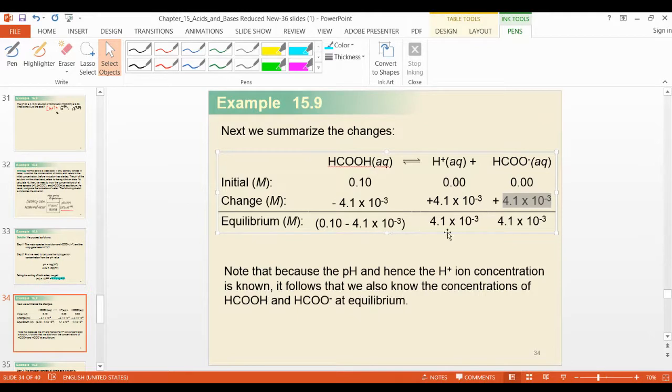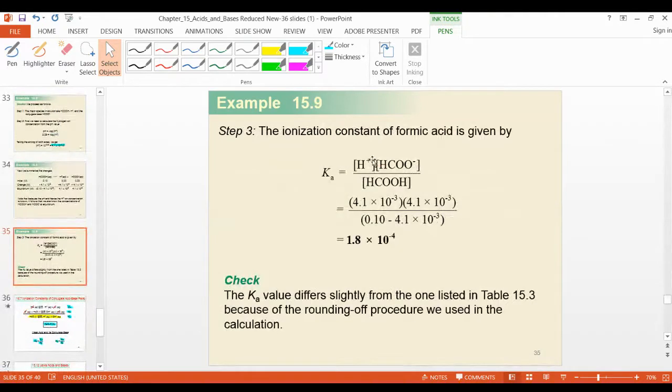Now these values you have to put into the formula. This formula, as you have written here, is the product over reactant. This is the product divided by 0.1 minus this, and you calculate all these things. You calculate the K value and you get it. This is a simple calculation here. There is no x here, no need to calculate x, because the x value is directly given. So you can put the x value directly into the equilibrium system. So that is 0.1 minus x. This is the reactant.